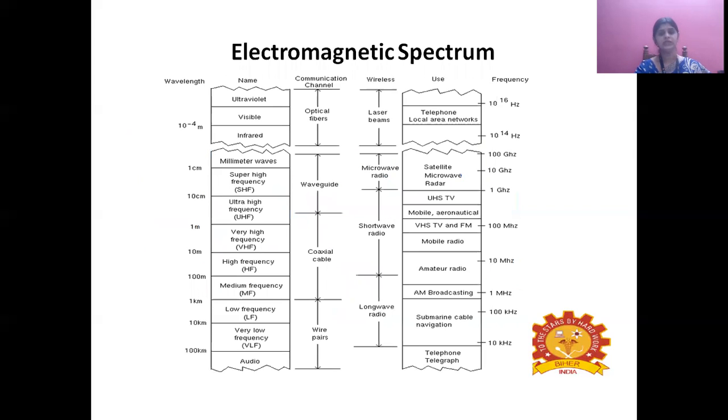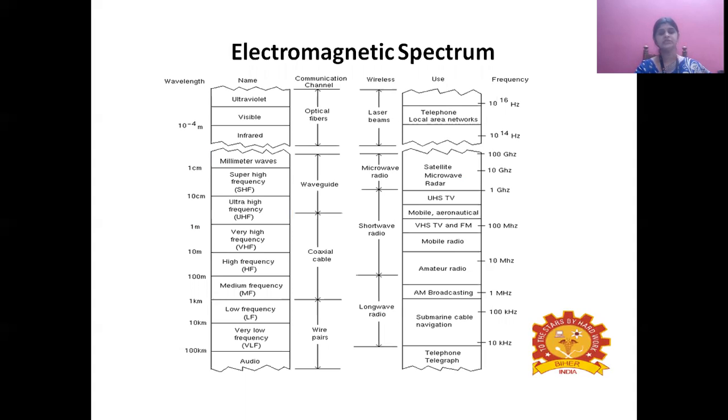This shows the electromagnetic spectrum, the radio frequencies occupied by the electromagnetic spectrum. The radio frequencies range between 10 kilohertz to 10 to the power of 16 hertz. Signals that carry very low frequencies and low frequencies will have the transmission medium of twisted pair of wires, and the applications of signals traveling in these frequencies are cable, submarine cable, navigation,